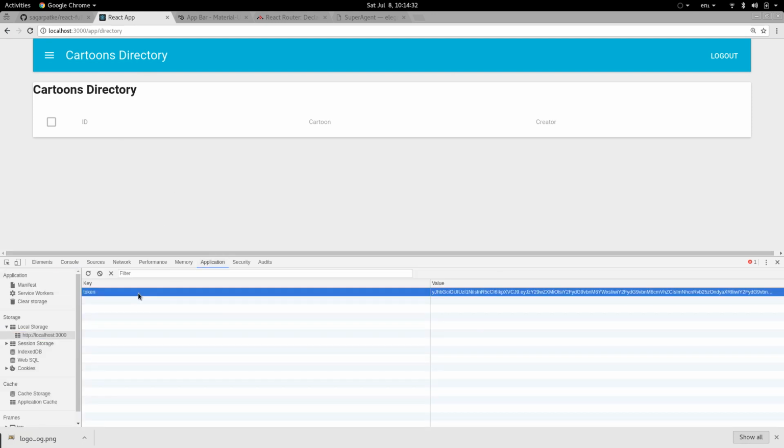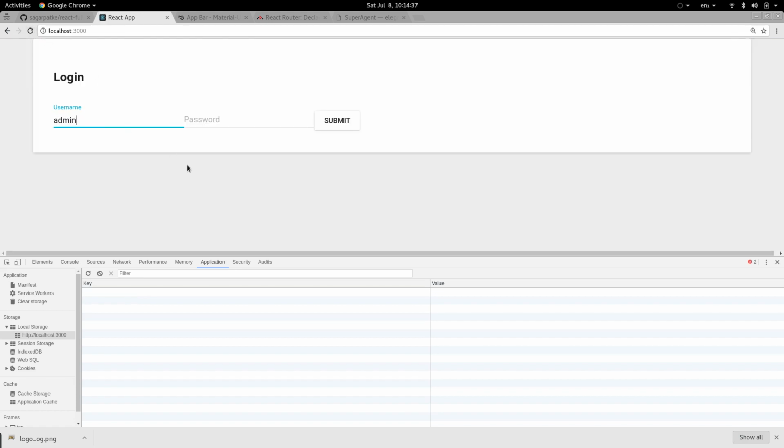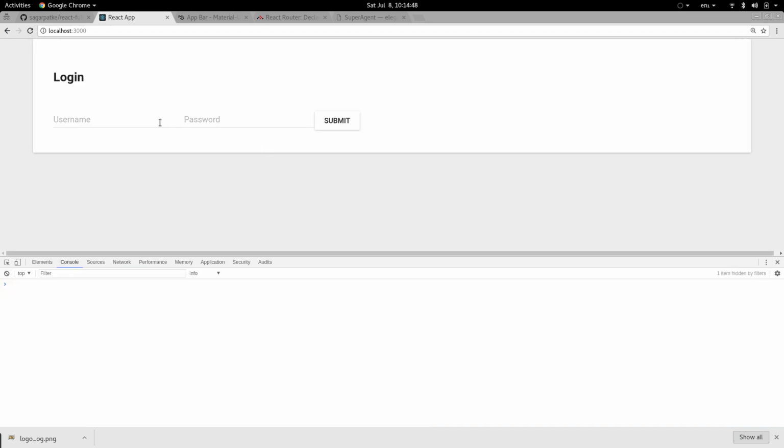And perhaps another thing which we could do is, I remove the token, reload the page and go back to the login page. And suppose I type a wrong password, like ABC is my password. This is not going to redirect because the authentication actually fails. So look here, I say admin and ABC as the password. So this is giving me a 403 forbidden. So this is another opportunity for us to handle this error and to actually display to the user that the authentication has failed,